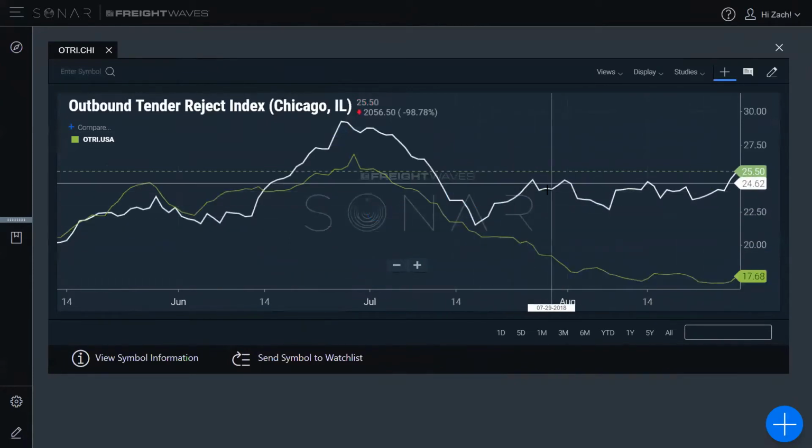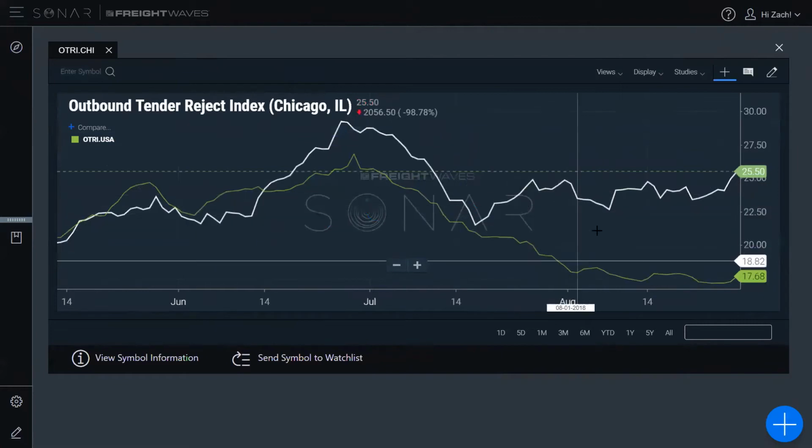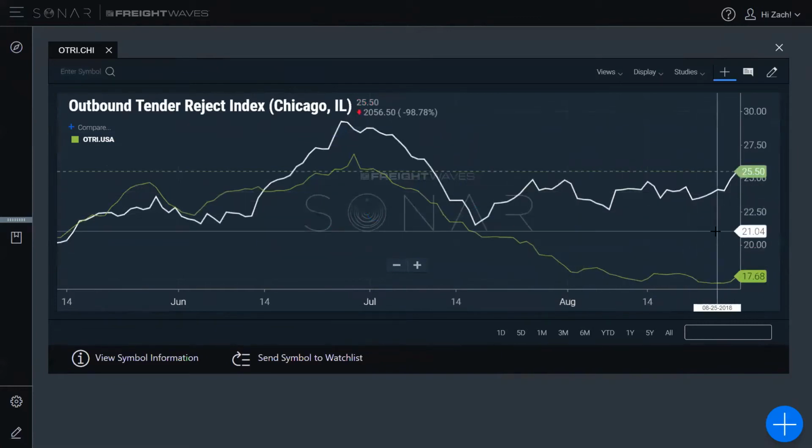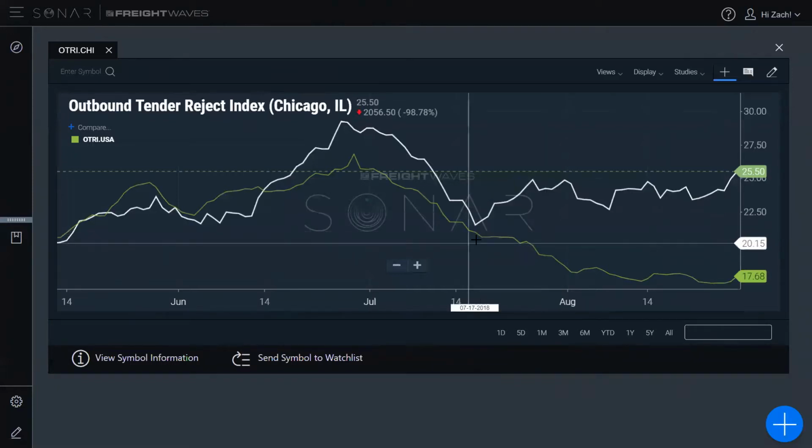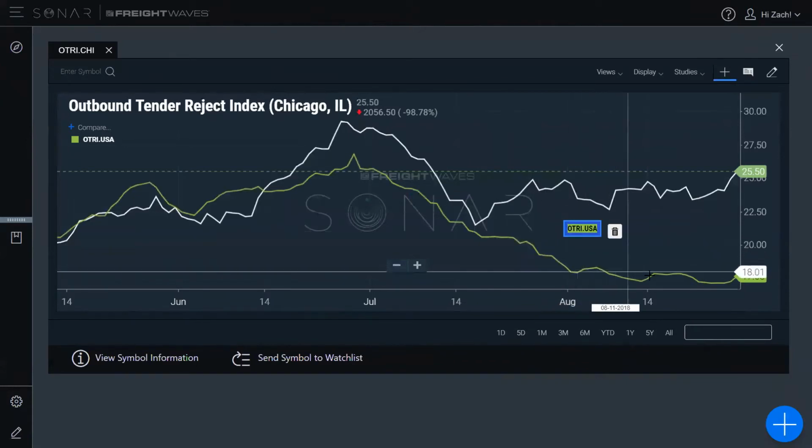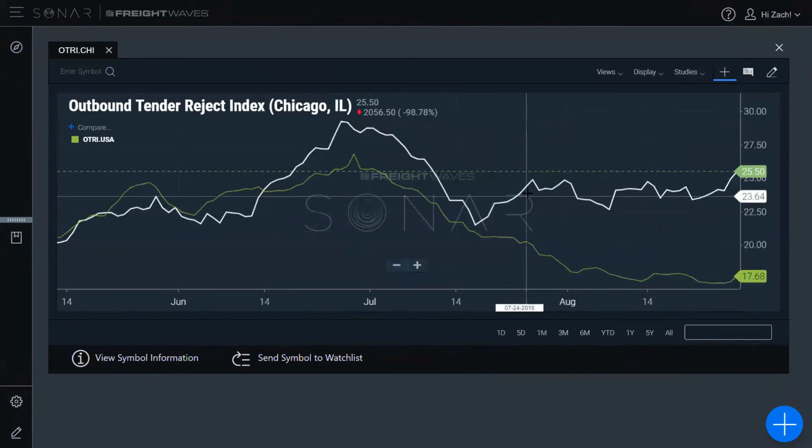And this widening gap between these two means there's a lot more opportunity for carriers to jump into this market and get a better rate for what they have, even though the rest of the country is kind of soft right now. Chicago has been elevated, and we think a lot of that has to do with the intermodal presence in Chicago. It's a huge intermodal area. A lot of the freight comes in from LA and rails up to Chicago. Hence, you could use your